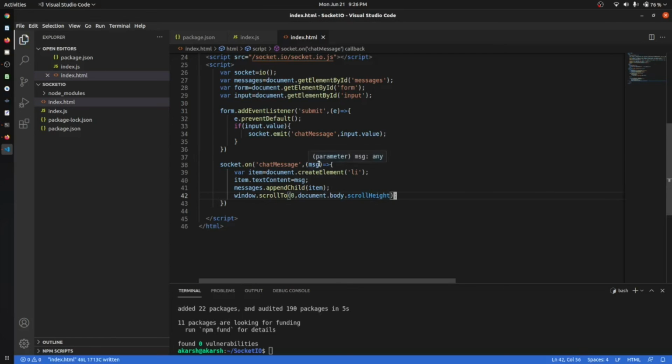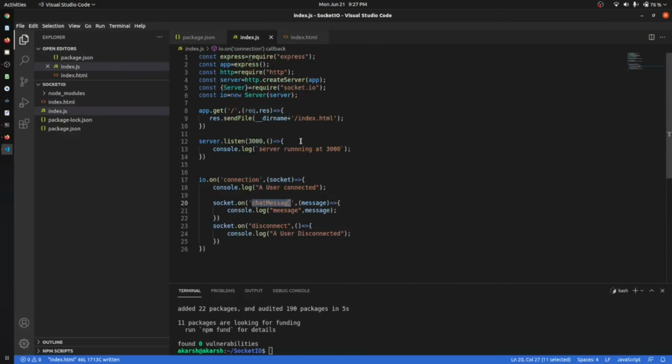Now what we have to do is go to the index.js part, and we have to emit every message that we are receiving here.